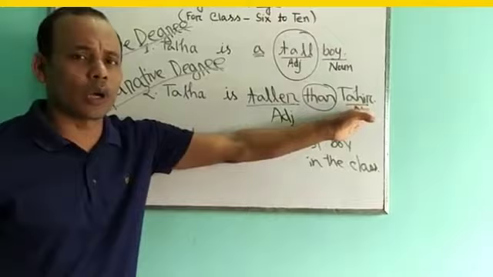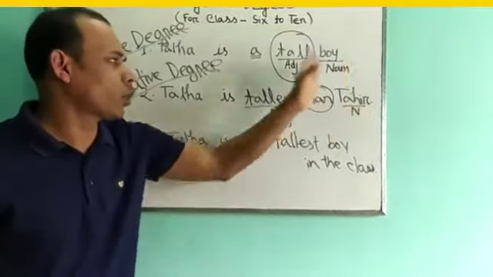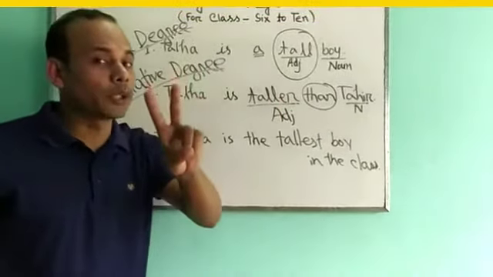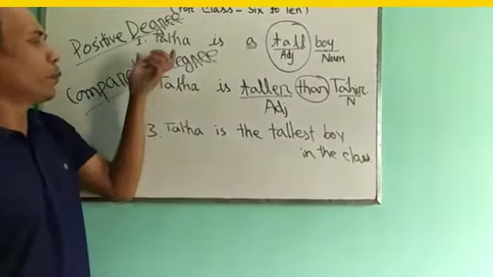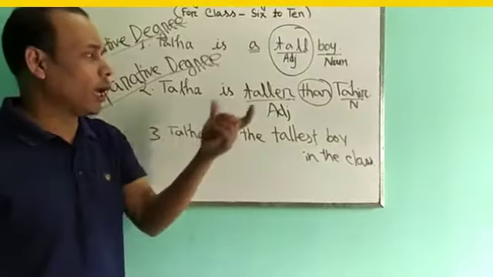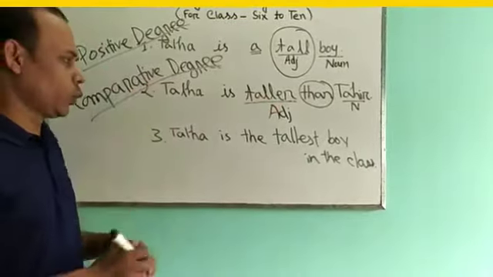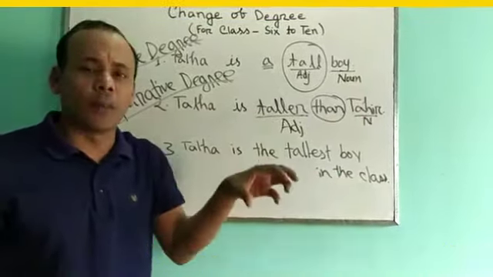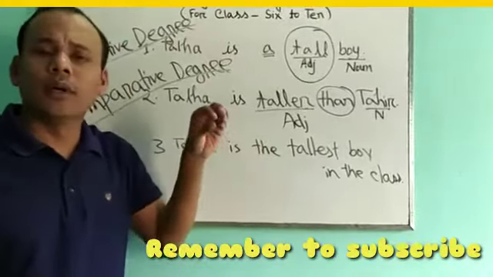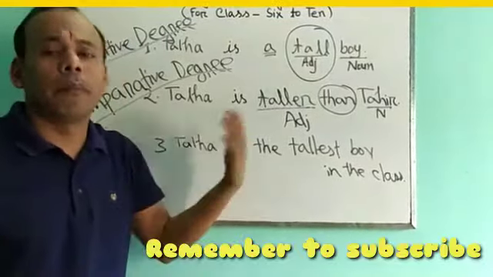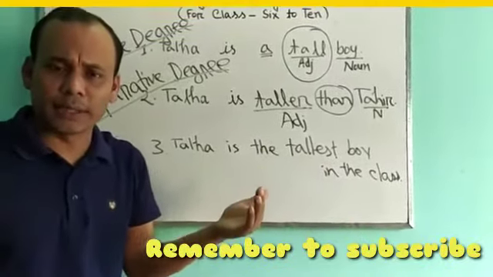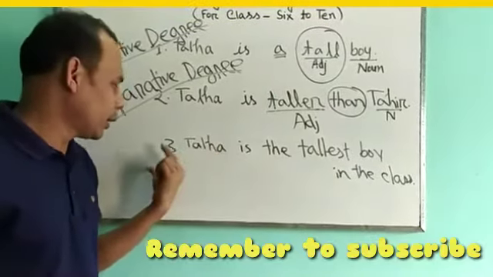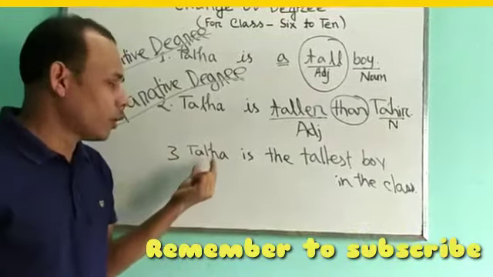তাহাকে তাহিরের সাথে তুলনা করা হয়েছে, তার মানে তাহির এবং তালহার সাথে তুলনা করে দুইজনের মধ্যে কে লম্বা, অধিকতর লম্বা। তাহলে যখন দুইজনের মধ্যে তুলনা করা হবে, এটা হবে কম্পারেটিভ। সো পজিটিভ বললাম একজন সম্পর্কে, এবং কম্পারেটিভ বললাম দুইজন সম্পর্কে তুলনা। In the third sentence, Talha is the tallest boy in the class. তালহা ক্লাসের মধ্যে সবচেয়ে লম্বা। That means in the class you know there are many students, অনেক ছাত্রছাত্রী থাকে ক্লাসের মধ্যে, সবার থেকে সবচেয়ে বেশি লম্বা হচ্ছে তালহা। So in brief we can say superlative degree